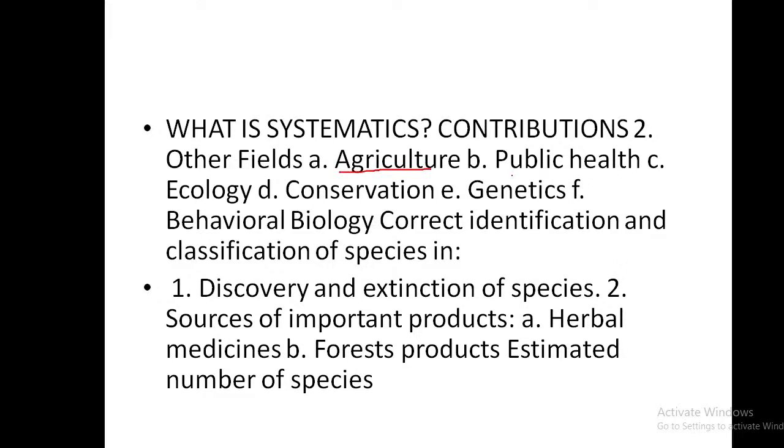Then systematics has got other applications in fields like agriculture. It has got applications in public health. ഉള്ളതാണ് public health. വൈറസിന്റെ കറക്റ്റ് ക്ലാസിഫിക്കേഷൻ, അതിന്റെ ക്യാരക്ടേഴ്സ്. ഇപ്പോൾ എന്താണ് വുഹാനിൽ സ്പ്രെഡ് ചെയ്ത കൊറോണ വൈറസിന്റെ അതേ സ്ട്രക്ചർ തന്നെയാണോ ഇന്ത്യയിൽ സ്പ്രെഡ് ചെയ്യുന്ന വൈറസിൻ്റെത് എന്നൊക്കെ പഠിക്കുന്നത്. That is what is systematics. Then systematics has got wide application in agriculture, public health, ecology, conservation, genetics, behavioral biology, then